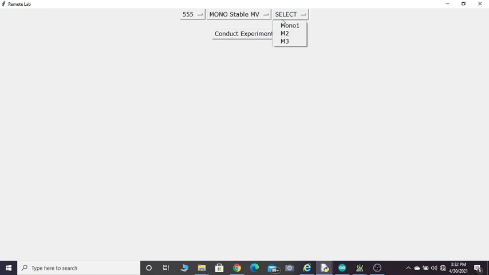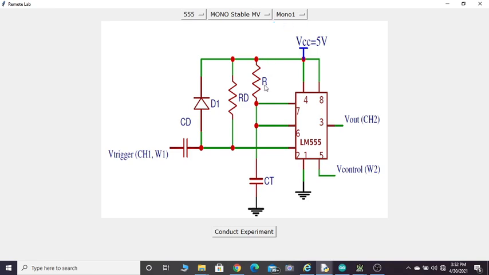In this monostable multivibrator we have three different options depending on the values of R we have here. So if we can see, there are three different monostable multivibrators which will have three different values of R. This RDCT will constitute a differentiator which will generate the spikes out of this square wave trigger signal. Of course, this diode is used to clip off the positive spike, not to go beyond VCC, which is 5 volt. It should not go beyond 0.7 volts from where it is clamped. Of course, CT and RT are the timing resistances.